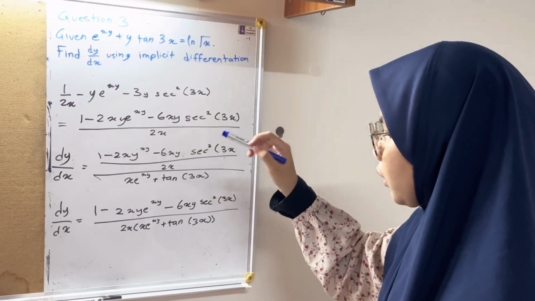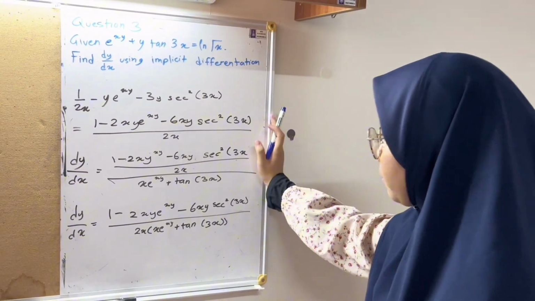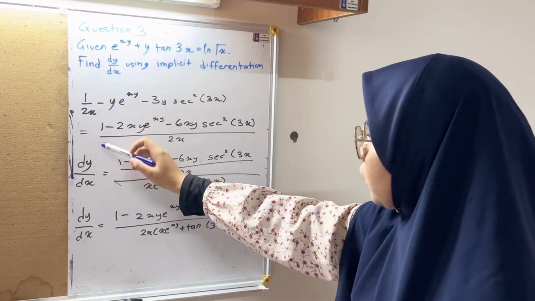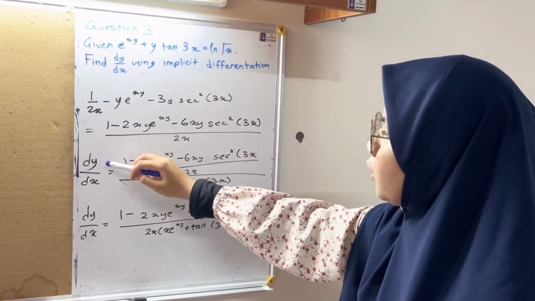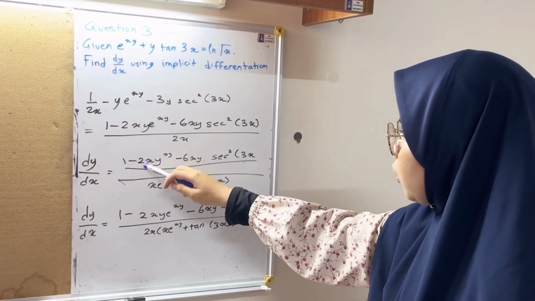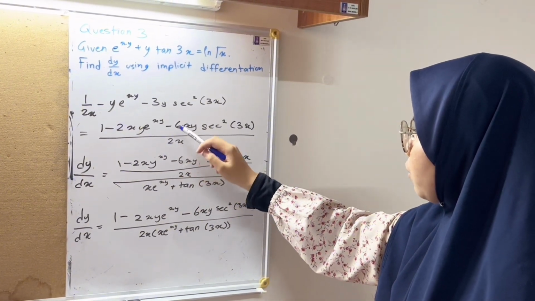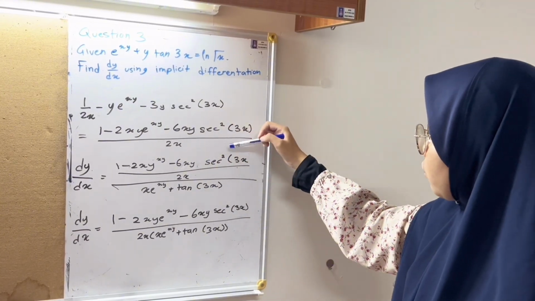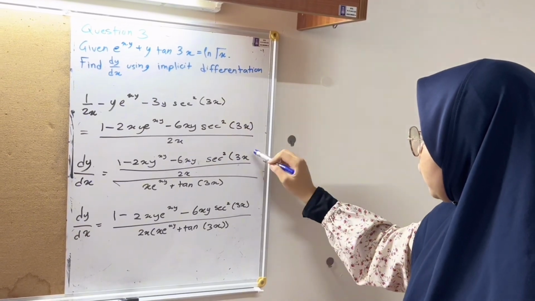Substituting this back gives a slightly more compact final form: dy over dx equals 1 minus 2xy e to the power xy minus 6xy sec square 3x